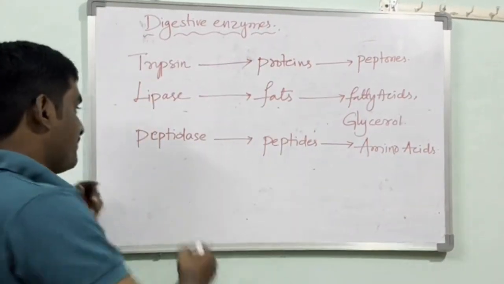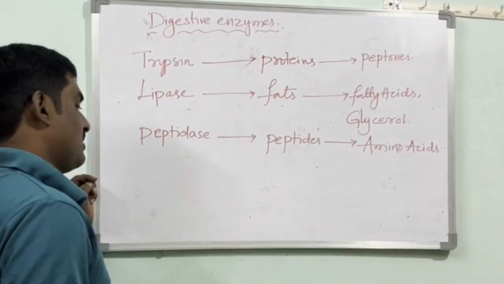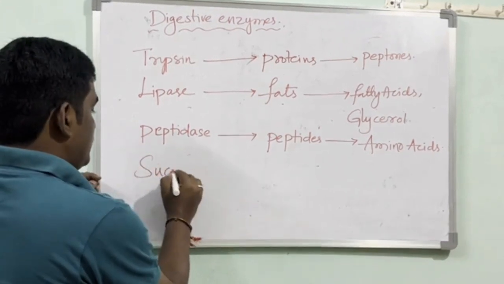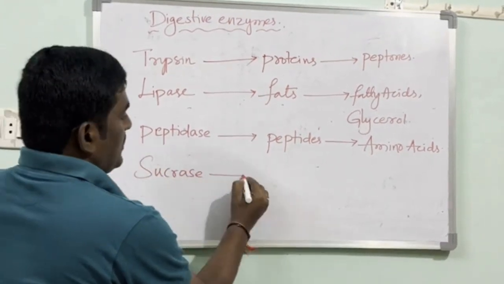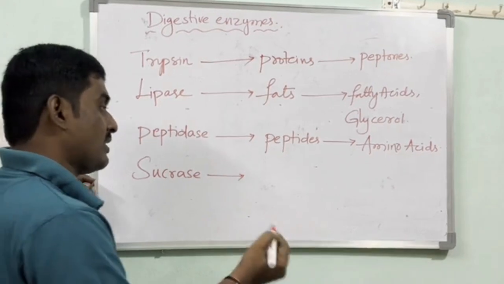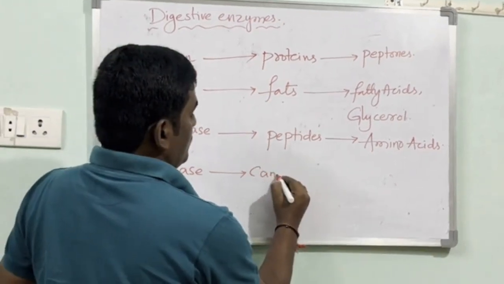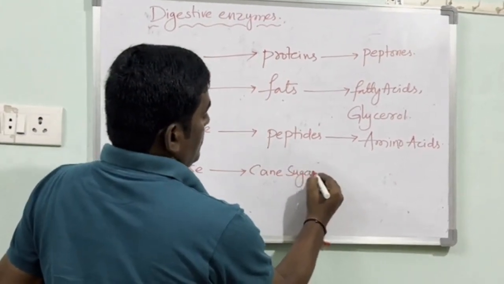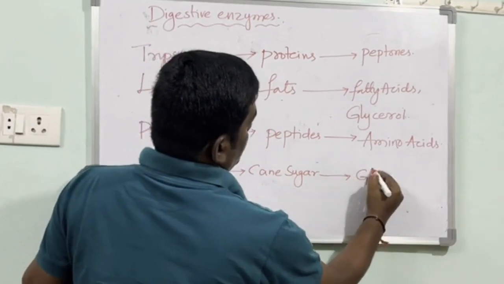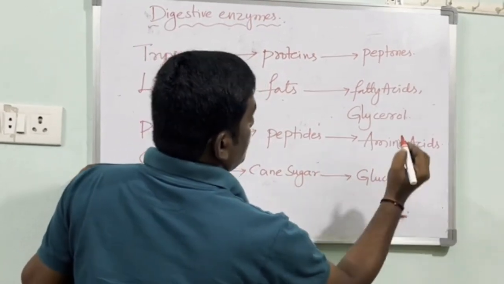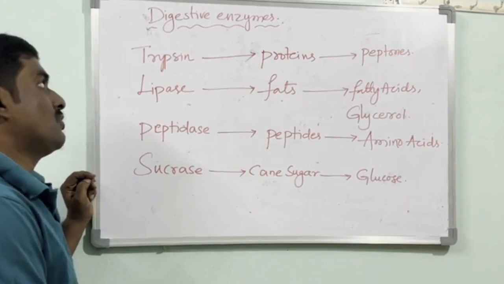Next, if you see after the peptidase, what do we have? Sucrase. Sucrase is going to act on cane sugar, and this cane sugar is going to convert into glucose. Right? So in total we have